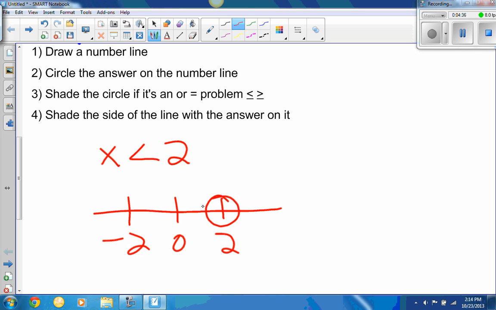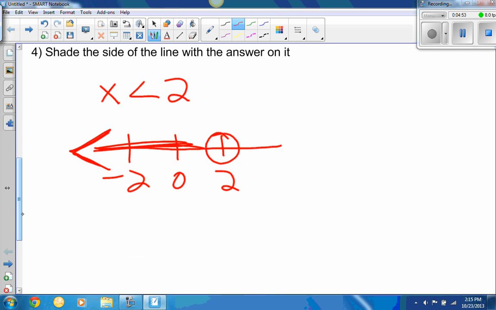Does not have an or equal, so I will not shade it in. Where are the numbers that are less than 2? They are over here, so I'm going to shade the line going towards the less than numbers. That's all you have to do for that. So then let's look at one more. Let's look at what the difference would be if it was